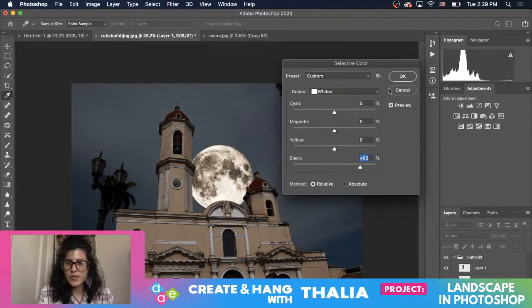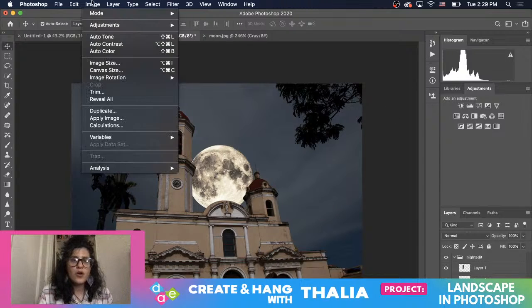Yes, that looks so much better. Let's go to the neutrals now. I don't know why I like this better. Sometimes you just can't explain it, but